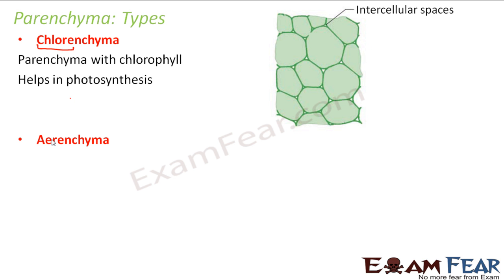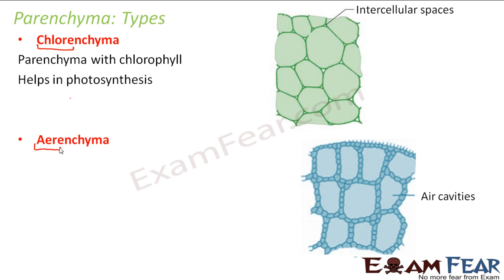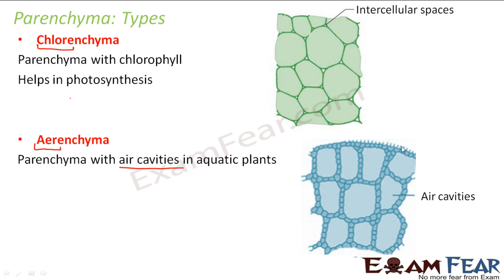The second type is Parenchyma. So again, Parenchyma is derived from the word air. Air means, whenever you think of air, what comes to your mind? That means empty spaces, right? Let us suppose when you are staying in a congested room, what do you feel like? You say that I'm not getting air, I'm feeling suffocated. So you want to come out of the room and you want to be in free air, so that you get that emptiness. Similarly, Parenchyma. What are Parenchyma? These are parenchyma with air cavities in aquatic plants. So that means it will have big empty cavities, that means big empty spaces which will have only air, right?